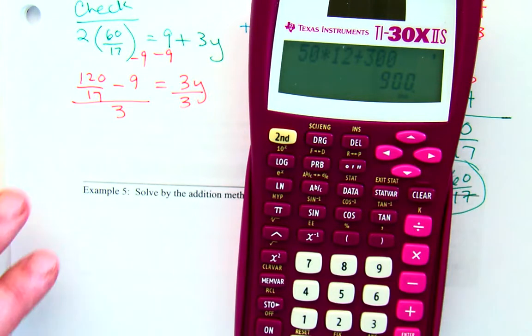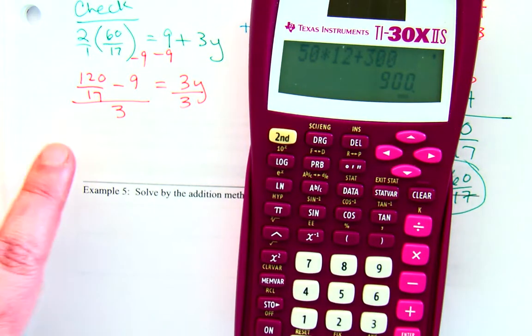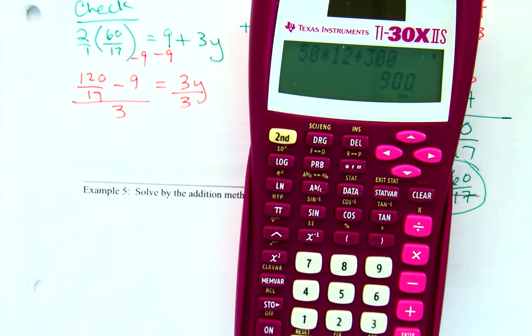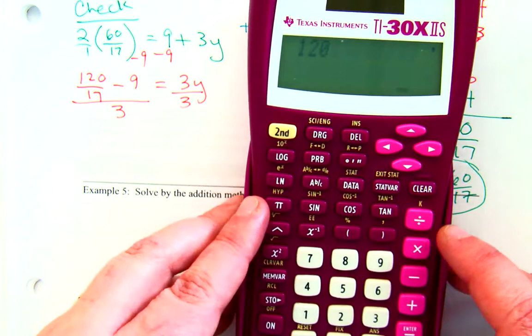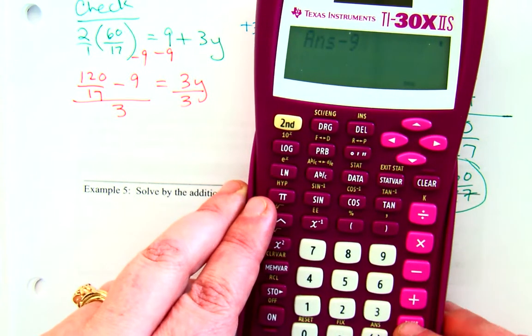No, because remember that 2 is 2 over 1, right? You are multiplying by 2 over 2, right? Okay. And I could go through the process of getting a common denominator, multiply 9 by 17 over 17, subtract, divide by 3. But I'm just going to go ahead, just to save time, do it on my calculator. 120 divided by 17 minus 9